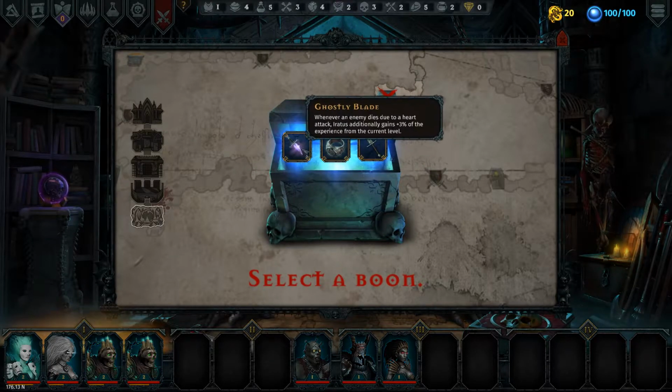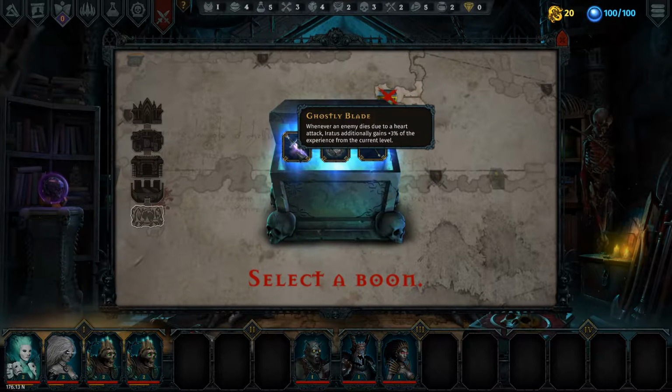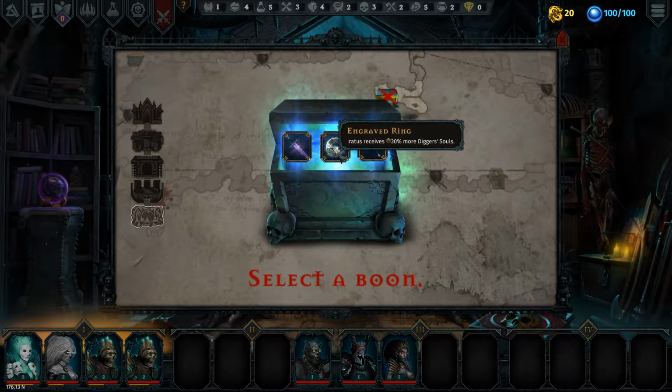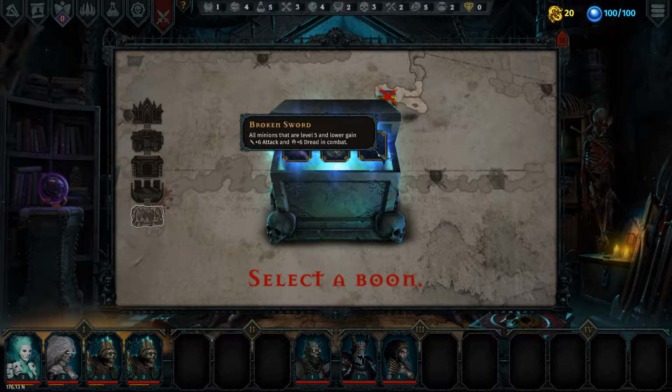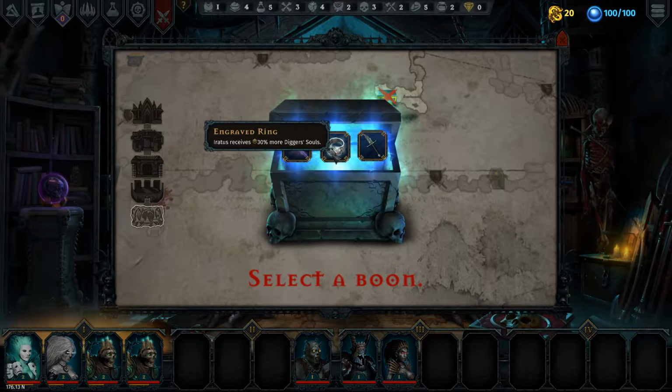This one will give us... right. Whenever an enemy dies due to a heart attack, Iratus additionally gains 3% of the experience from the current level. So if you were to set up a team that did lots of stress damage, then that would be quite nice, but we're not doing that. Iratus receives 30% more digger souls. That'd be nice. And all minions that are level 5 and lower gain 5 attack and 6 strength. Well, that's kind of nice earlier on,